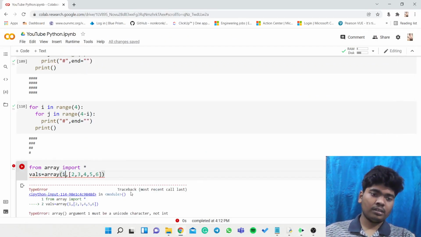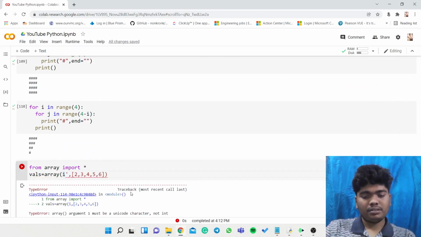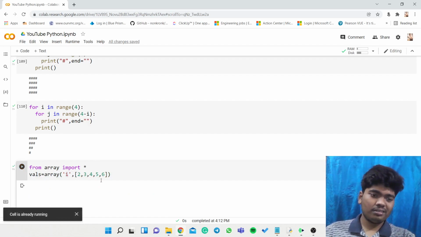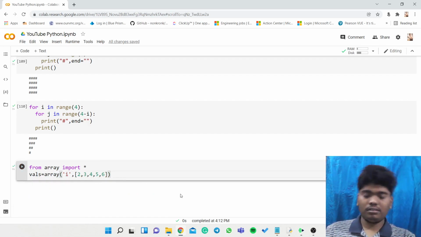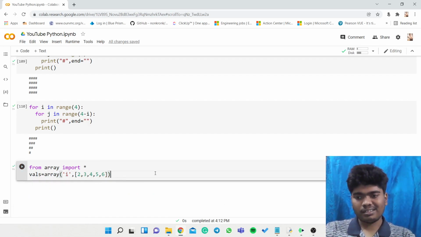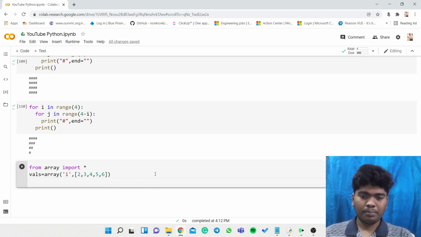Okay, fine. We need to just mention its type clearly. Yeah, after mentioning its type, the thing is changed. The values are in a green color so that it is saved properly.